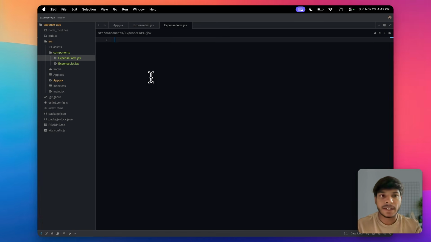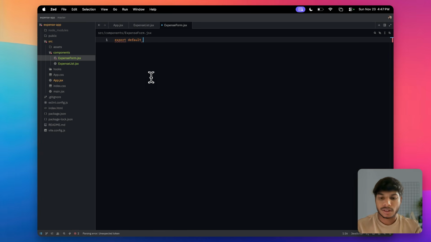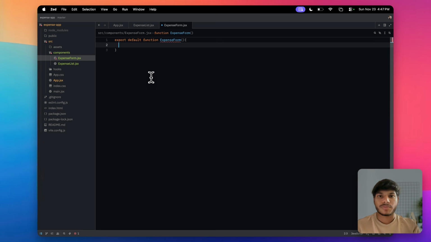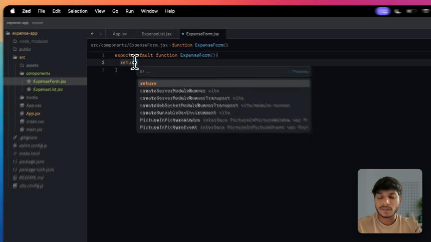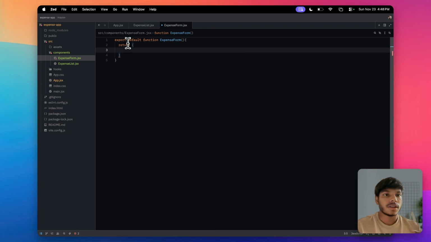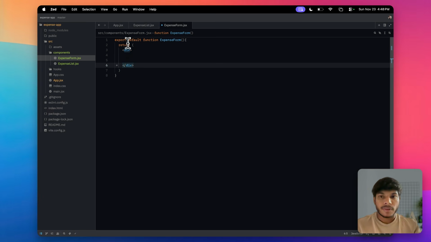I will start by writing export default function, and I will name the function the same as the file name, expense form. So we are creating a function, and at the same time we are also exporting that function. Inside this function, we have to return our actual HTML. So inside a div tag, I will keep a form tag, and inside this form tag, I need one